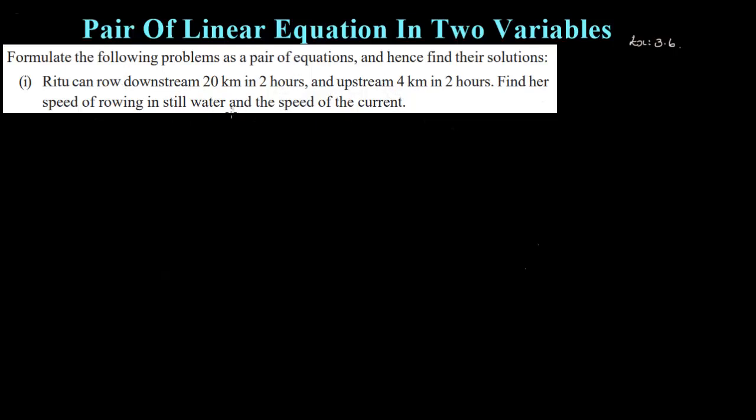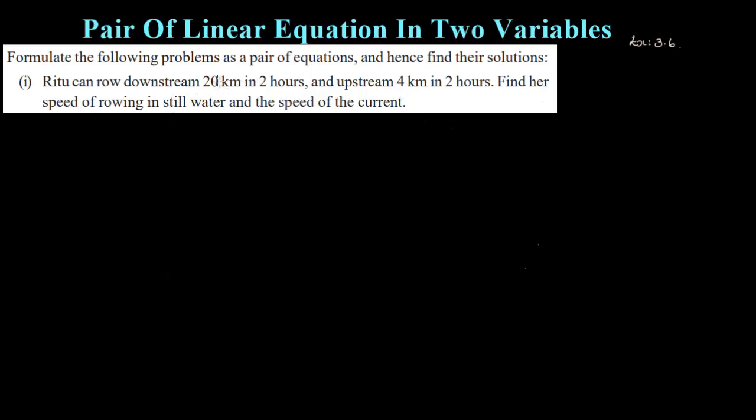In this question they have given the distance and time, and they have not given the speed actually, right? Till now, whatever we have discussed, we used formulas in terms of speed. That is, speed of boat with respect to ground is equal to speed of boat in still water or with respect to water plus speed of current, right? So we don't have that. So let us first find the speed.